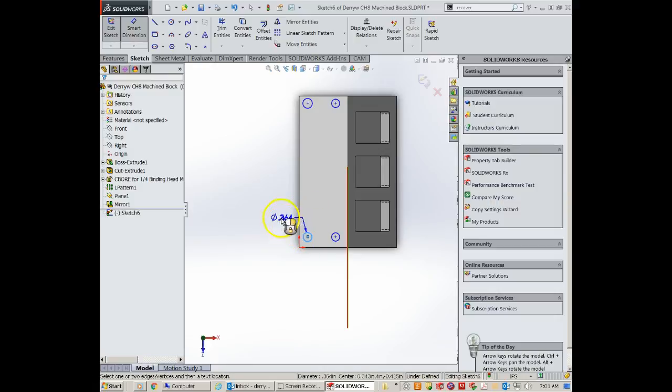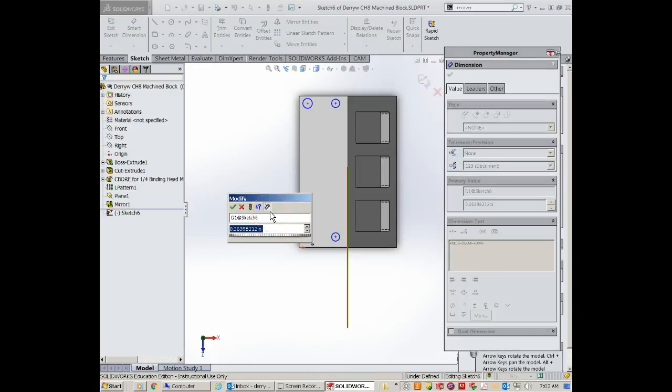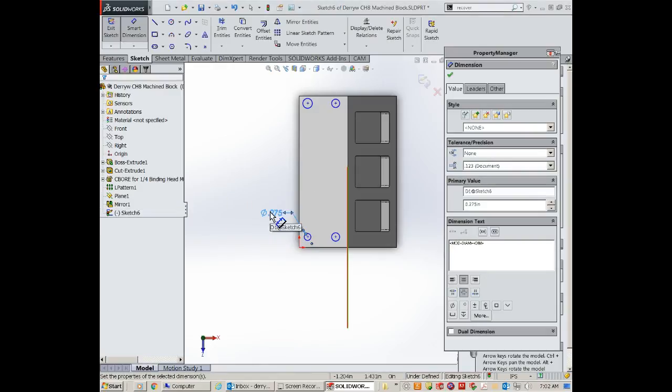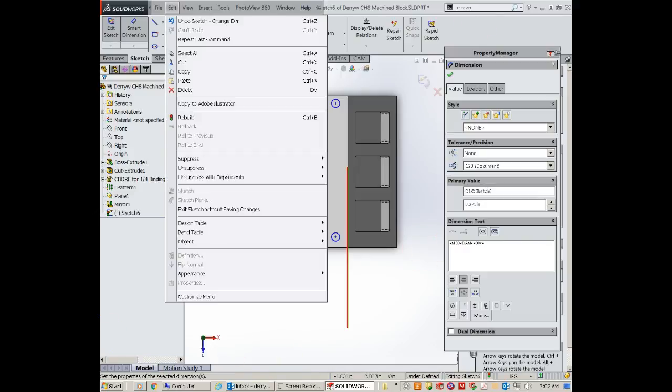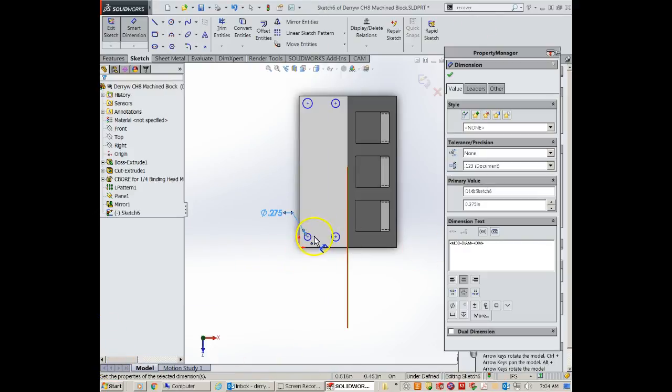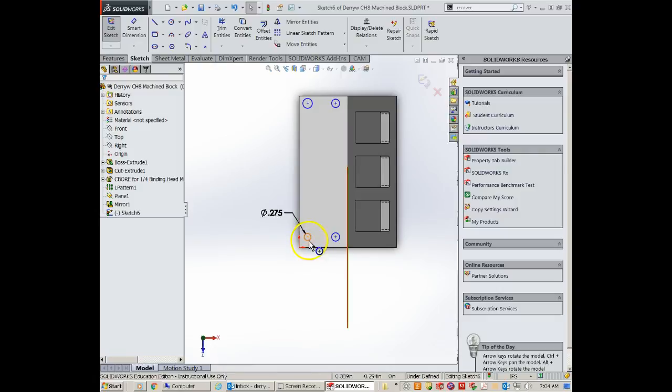Put a dimension on here of 0.275, and just going to select all these circles and give them an equal